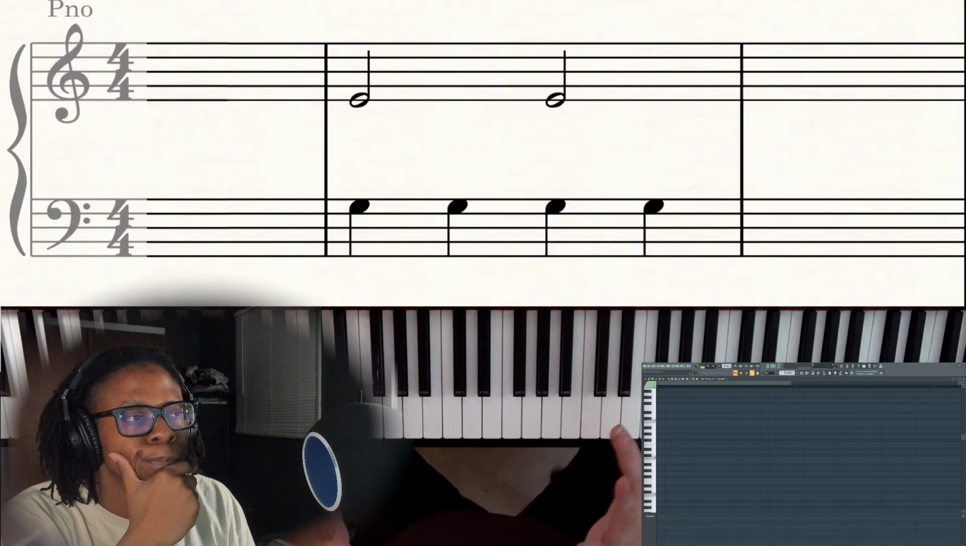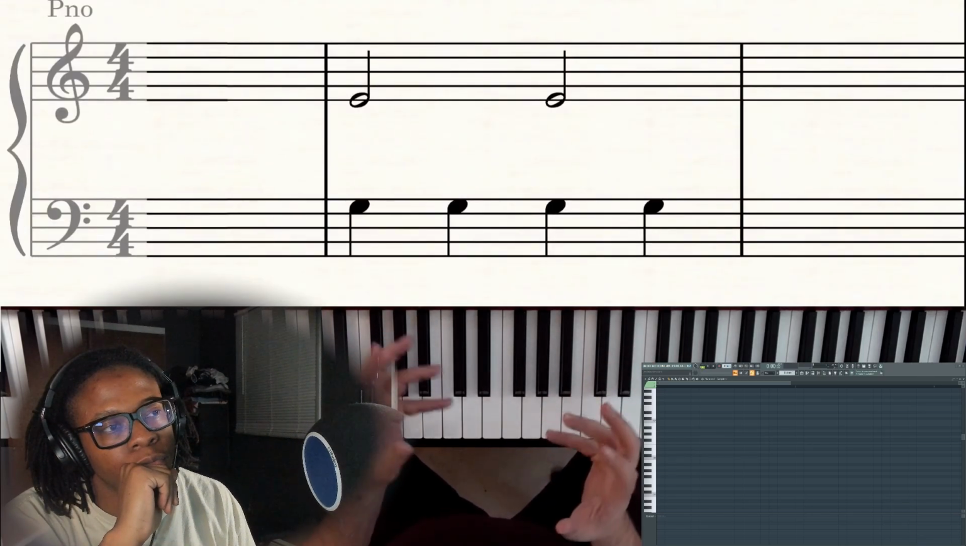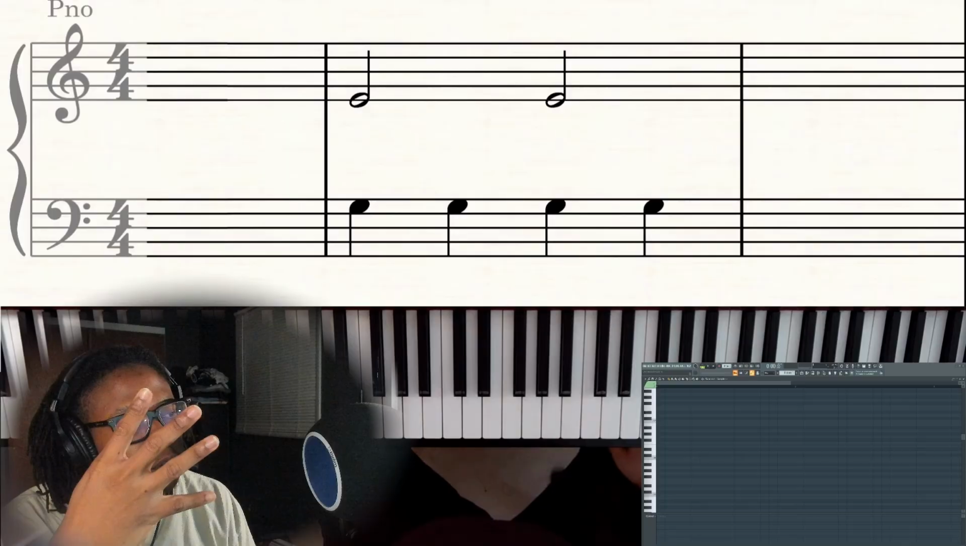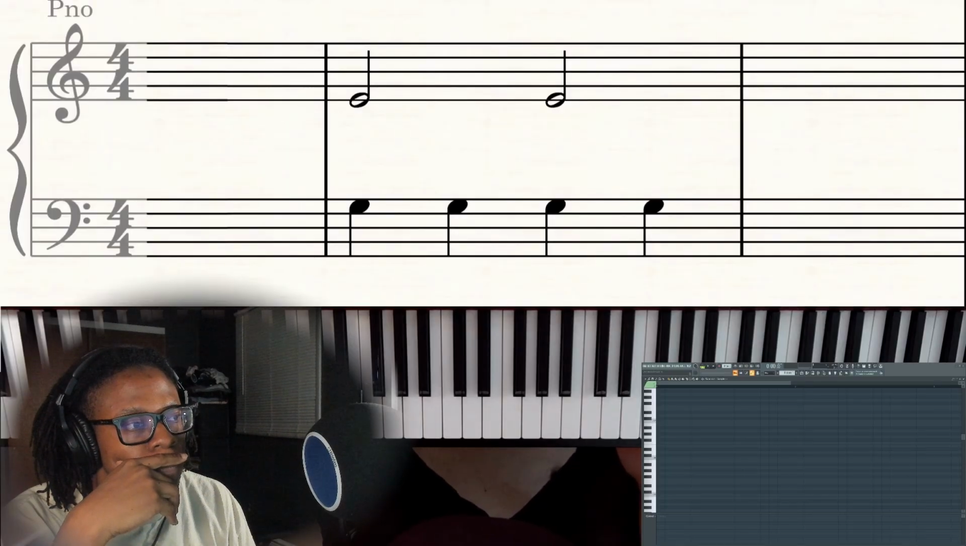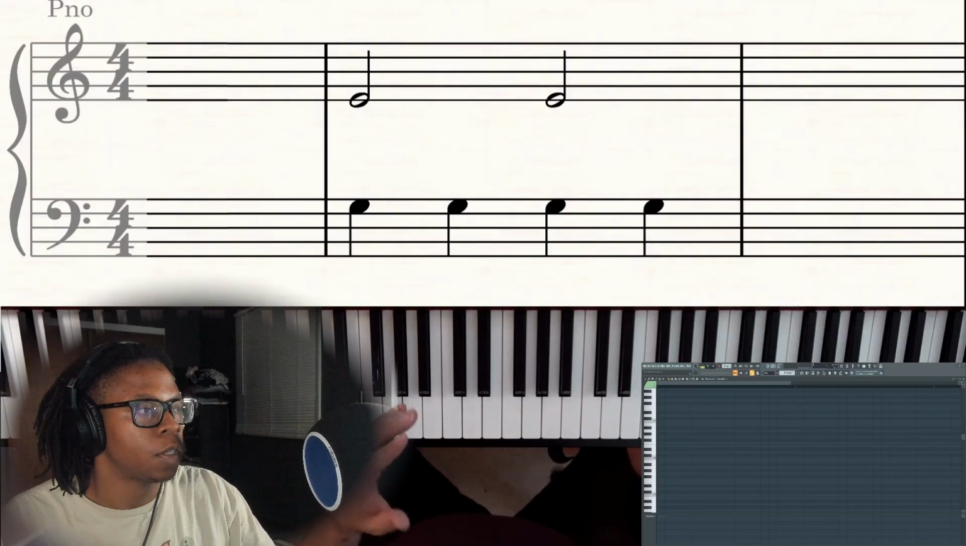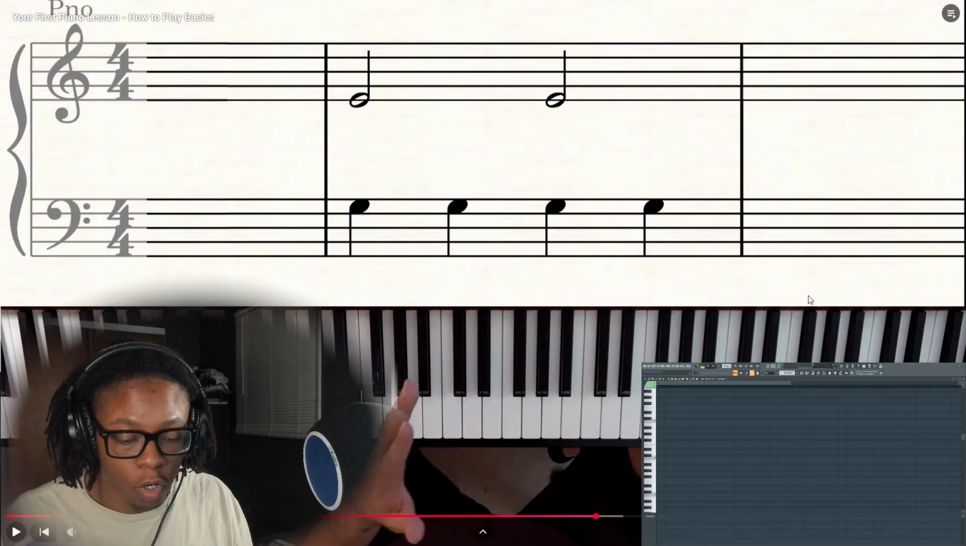Now question, what do we do if we have this? How many beats do we have? Well, it's still 4. Remember that the time signature dictates that no matter what. Let me try playing that real quick. So if I'm doing